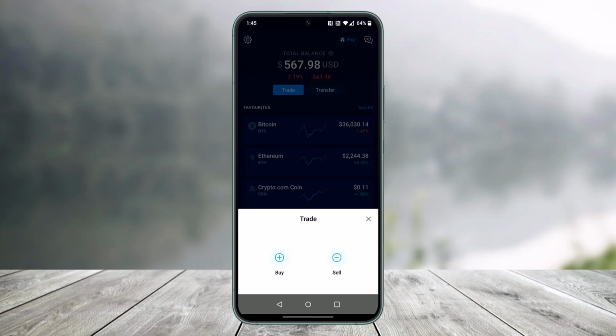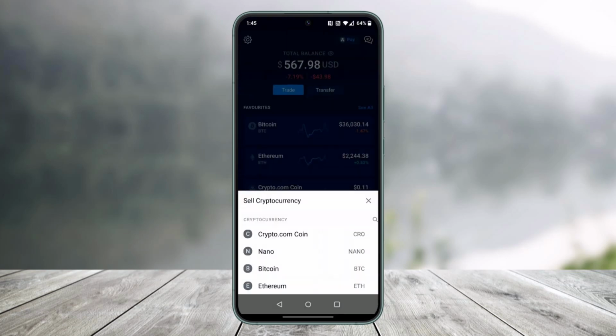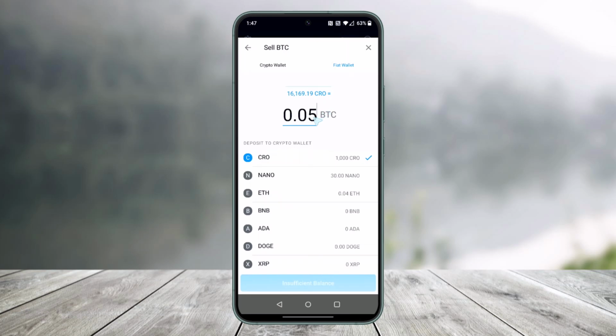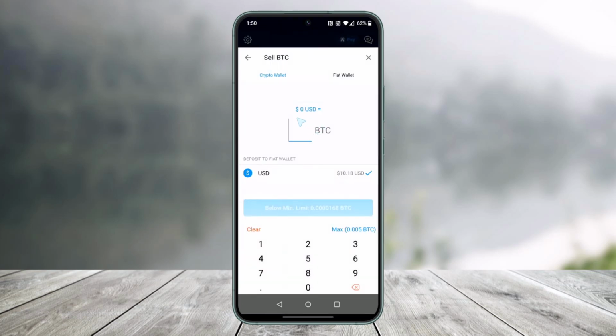Once you go to the trade option, here you can see the buy option or the sell option. So since we're learning to sell, just select the sell option there. Select which cryptocurrency you would like to sell, and you can simply enter the amount of crypto that you would like to sell, and you'll also have the amount in crypto wallet and fiat wallet. So select that, and after you've done that, here you can confirm the changes and just hit the sell button